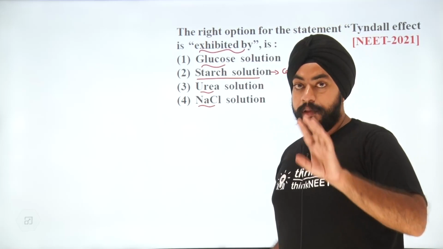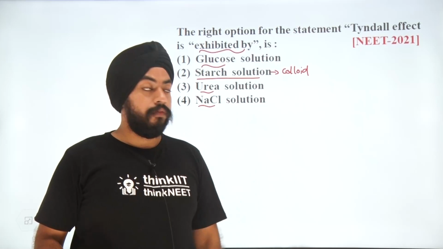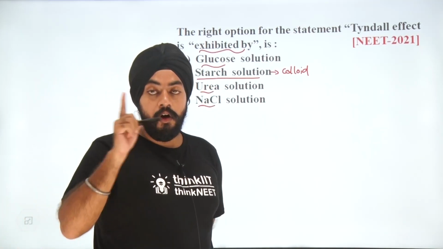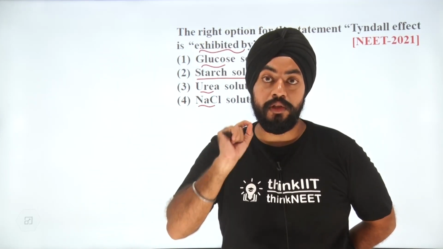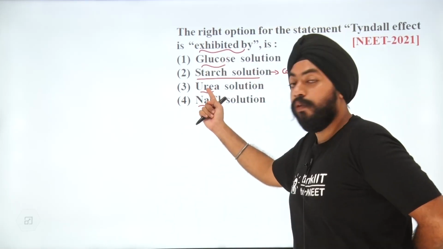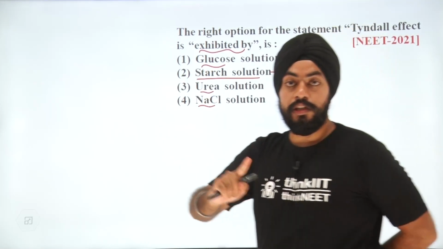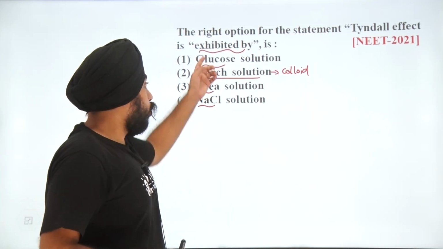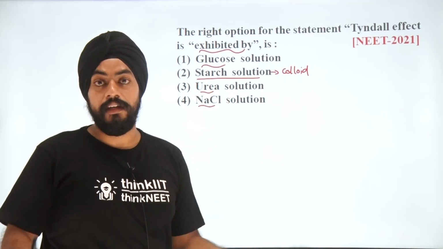And let me give you a very basic hint on how we can get the answer out of it. Glucose, urea, and NaCl, all three types of solute are used in the chapter solution. You might have heard questions about glucose, urea, and NaCl in chapter solutions, class 12th chemistry chapter number 2. So you might have heard the numericals based upon these types of solute. That means it is actually a true solute. That's the reason why the question is coming over here.